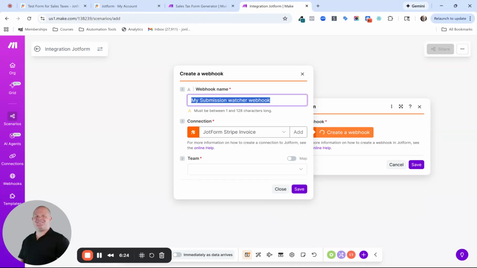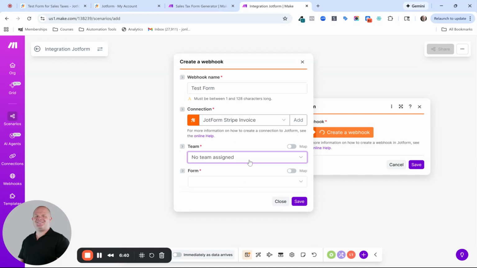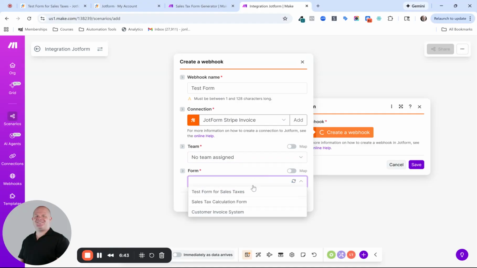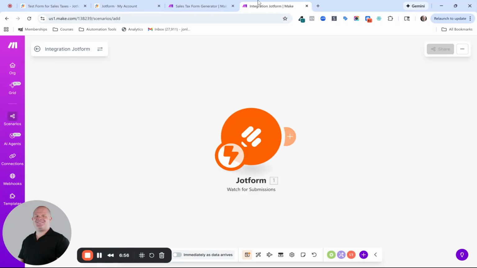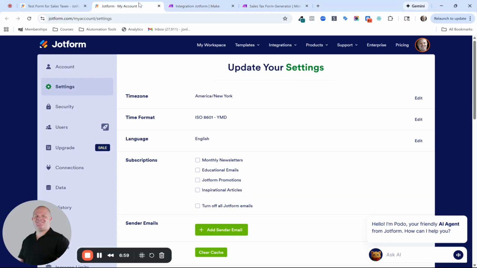You want to name this something memorable, like I'm going to call this test form. I already have it set up here, so it doesn't really matter. It's going to ask you about teams, and you're just going to click no team assigned, and then it's going to ask which form we are using, and it's going to be my test form for sales taxes. So I'm going to hit save. We're going to run this form by itself real quick. Let's see here, go back out,